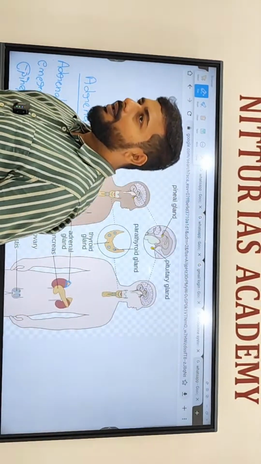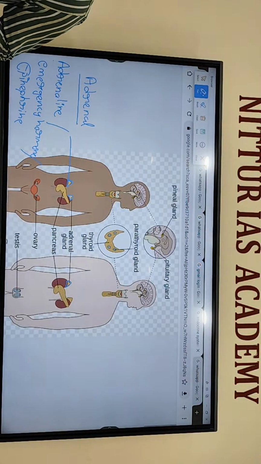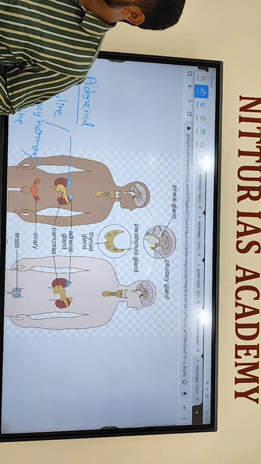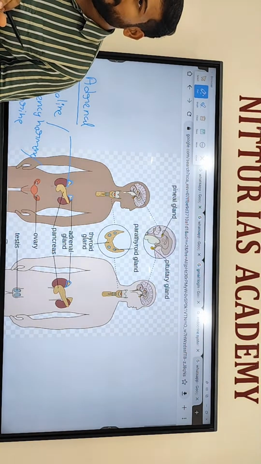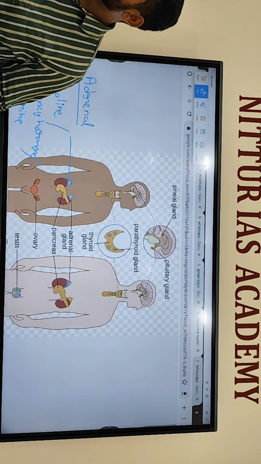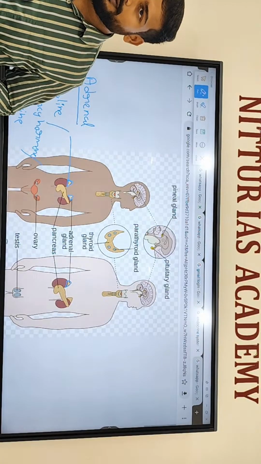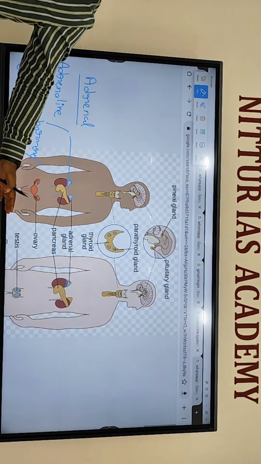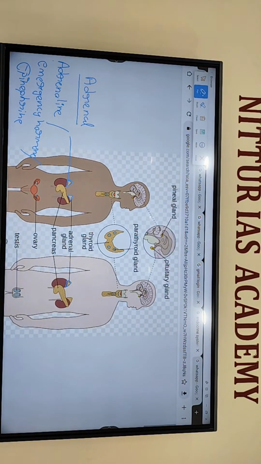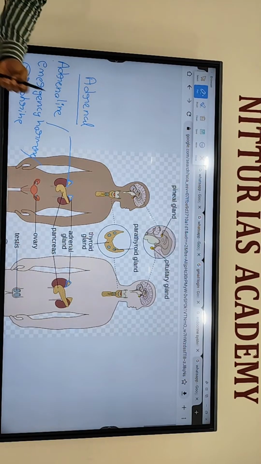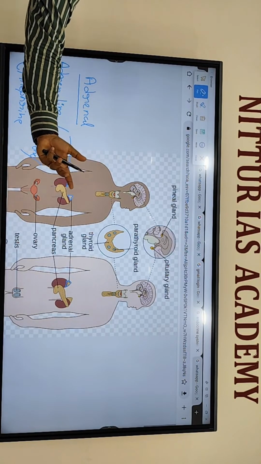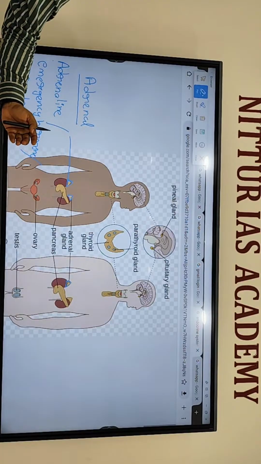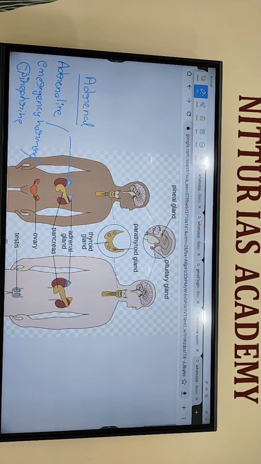When you step on the tail of a snake, you will feel scared and start to run away. When you touch a hot object, you suddenly move your hand back. When you step on a nail, you suddenly remove your leg. You cry, you laugh, you are scared, you are excited. All these emotions are due to adrenaline. Due to extreme shock, a person died. You might have heard. Due to sudden shock, he died. During that time, an excess amount of adrenaline might have been secreted.